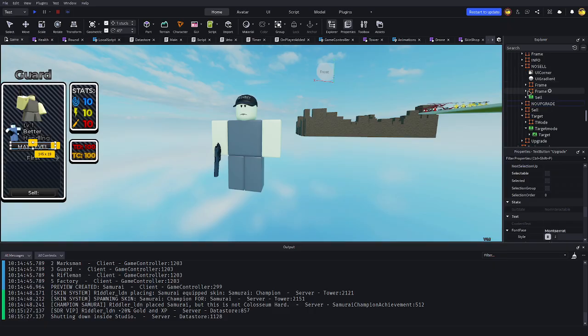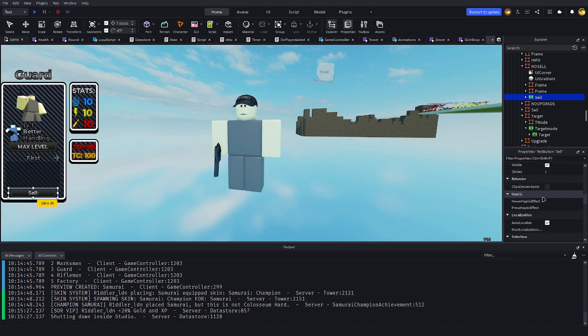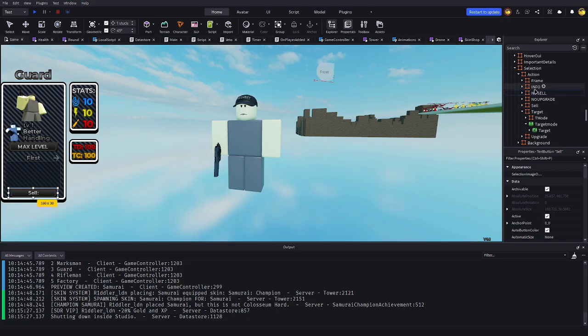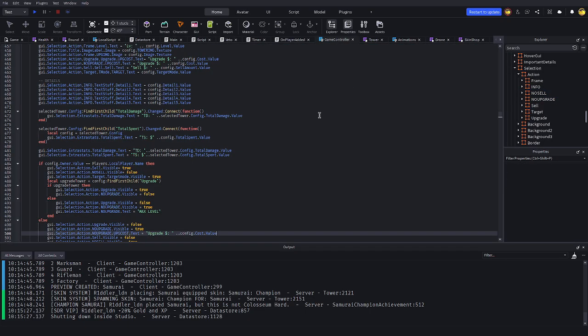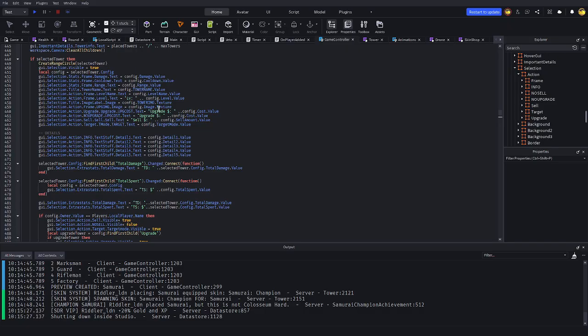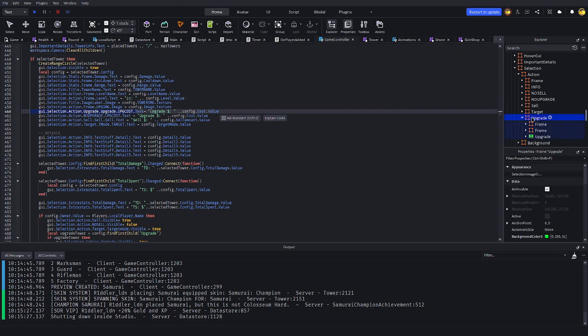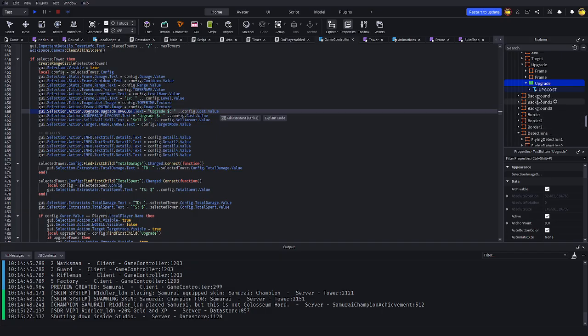And then it's the same for a no sell. You've got the sell. You can just turn interactable off. So that's the no sell and no upgrade. And then sell and upgrade are the same thing, except they're their colors, which I'm sure you've seen, but here they are. So I've set them to say 10, but it will say the correct number. If we go to here, you can see the upgrade cost, because we have upgrade, and then upgrade, the text button, and then the upgrade cost